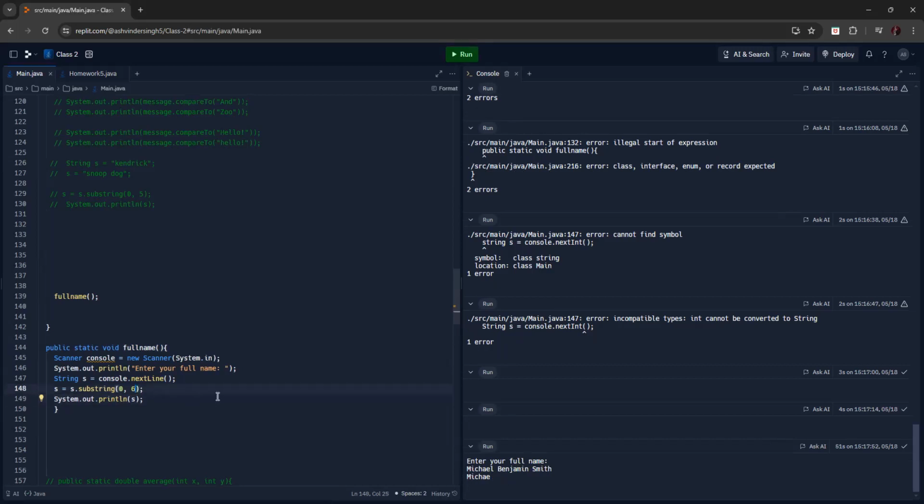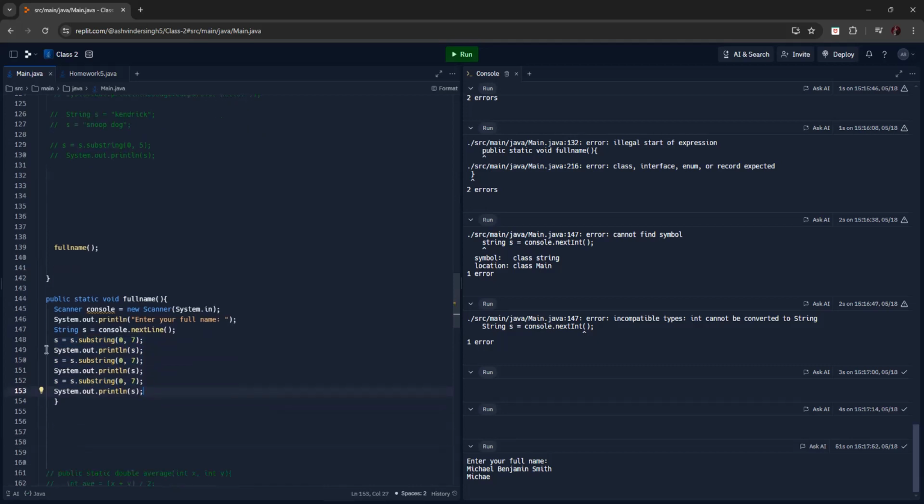Can I just do this whenever I can? Just be aware that when you're doing it like that, you are modifying the original string. So you can try, but